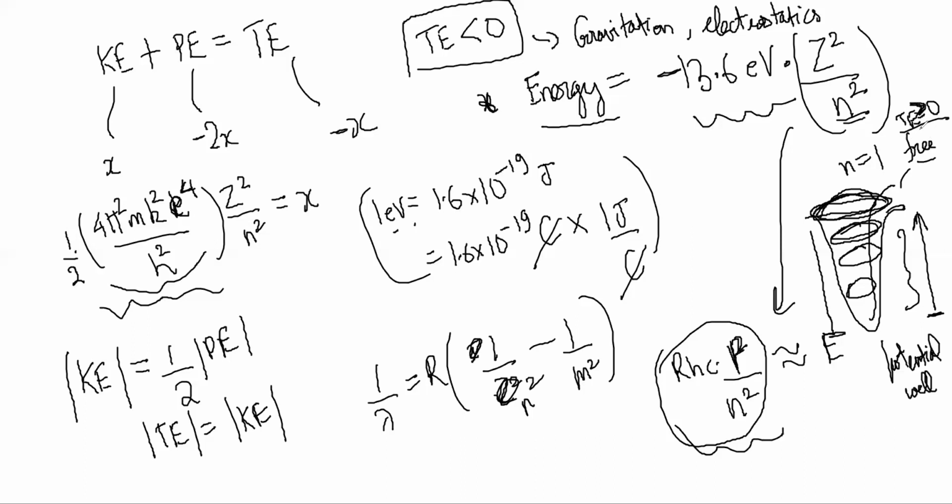You understand? So every time you have a nucleus around which a charge is going, total energy should come out to be negative. If that is not happening, something is wrong. If total energy becomes 0, the electron is at infinity. Or if total energy is positive, it is at infinity and moving away with some speed, right? So that is how it happens in satellites also, and gravitation also.